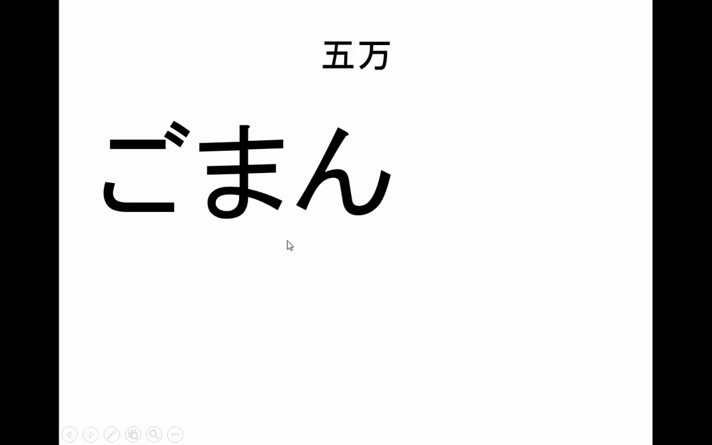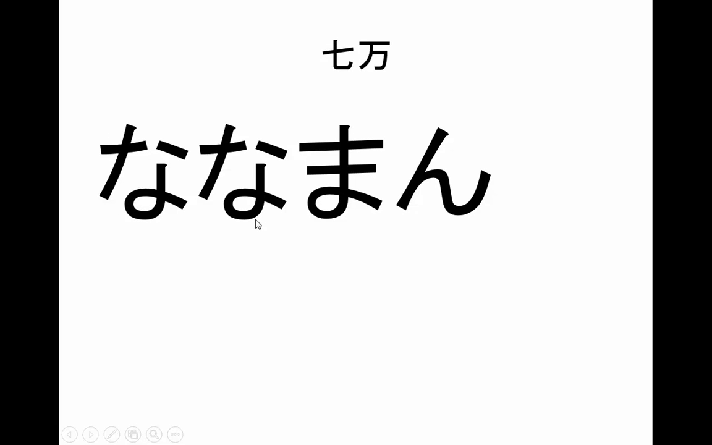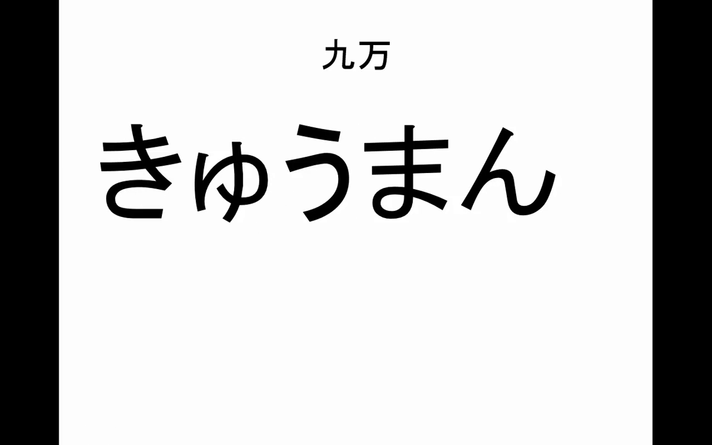40,000, 50,000 is goman, 60,000, 70,000, 80,000, 90,000, and that actually does go on. Juman would be what we would call 100,000. Okay, makes sense? And it keeps going like that, and it actually does juman, and then the next place value